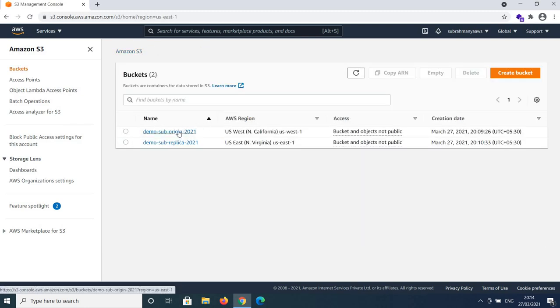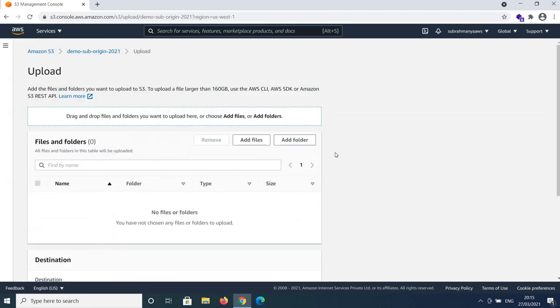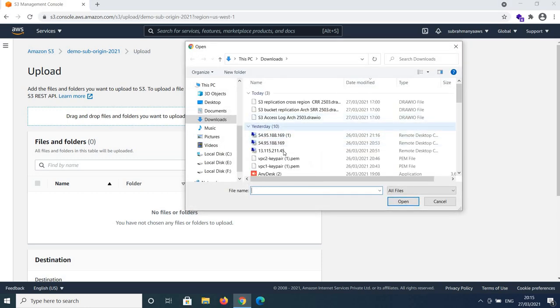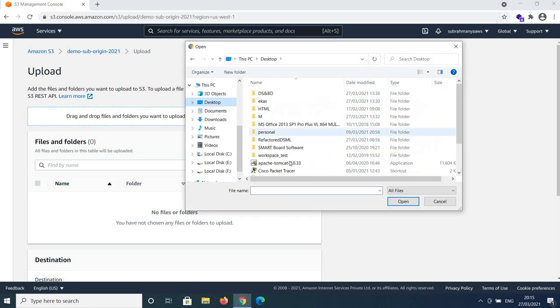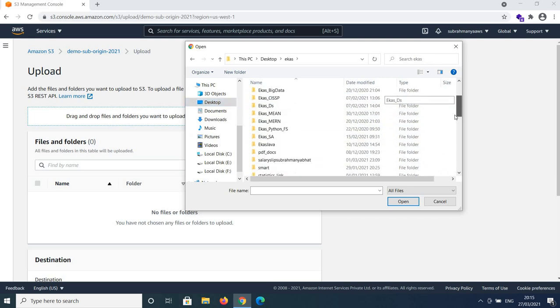Now I will upload a file into demo sub origin 2021. Click on this one, click upload, then click add files and select a file.